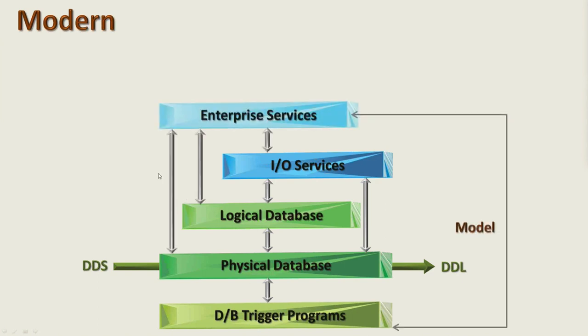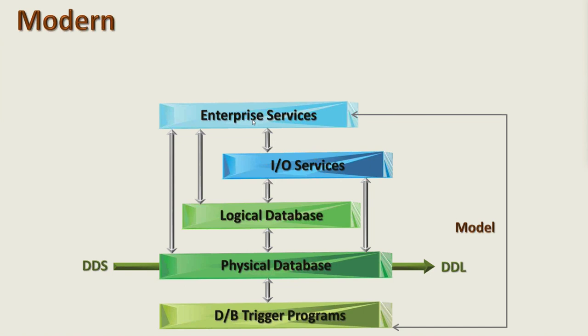Then we have another set of services, another service layer. And you will notice that the arrow on the right-hand side here, halfway through the enterprise services to the bottom of the trigger programs, is the model. That is the database. Enterprise services can be translated as being common services that are to be made available to the applications. The one that comes to mind and the one I use as an example is VAT